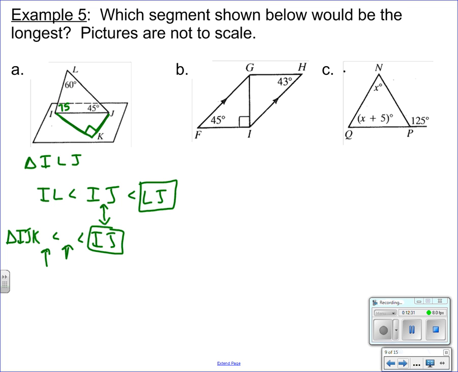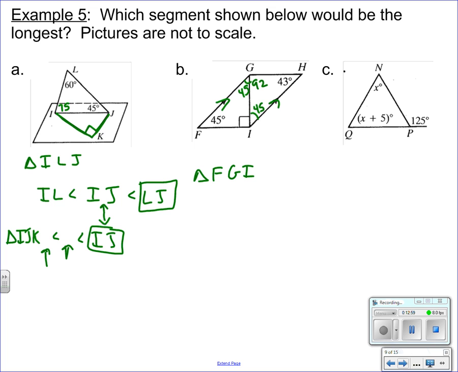B, so we have sides parallel. We only have this side parallel to this side. We know this angle's 45 because they have to add up to 180 degrees. So therefore, since I have parallel lines and a transversal, these angles are equal. This one's 45, and this one then has to be 92. So start ranking them. Triangle